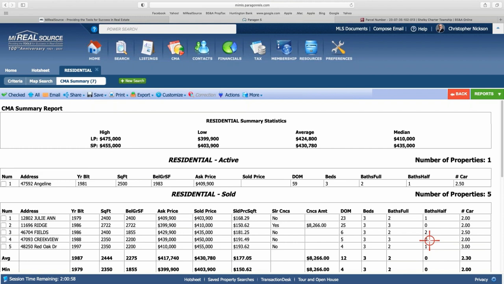This form, the CMA summary, is another great way to use this form on the buyer's side. If you have a potential property that your clients want to write an offer on, and they sit there and go, hey, what's a fair offer? What's the market doing in this area? You can do a similar